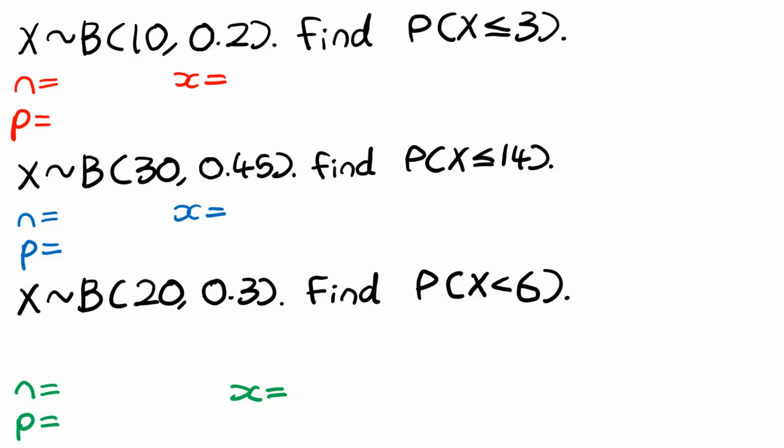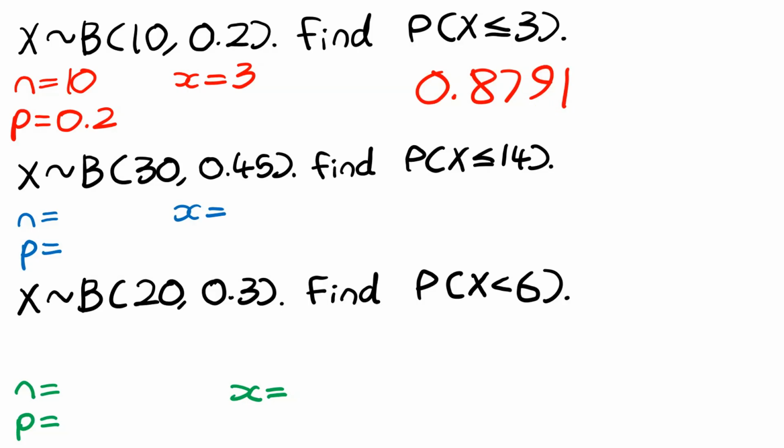Okay, so here's a few more examples. Here we have that the variable x can be modelled using a binomial distribution like this here, and we need to find the probability that x is less than or equal to 3. So in this case, n is equal to 10, p is equal to 0.2, and x is equal to 3. If you put these into your calculator to 4 decimal places, the probability is